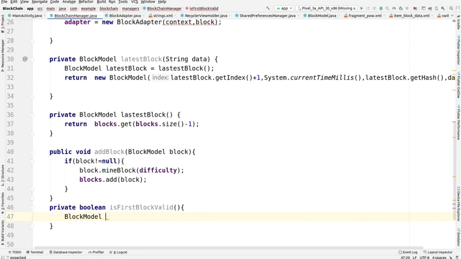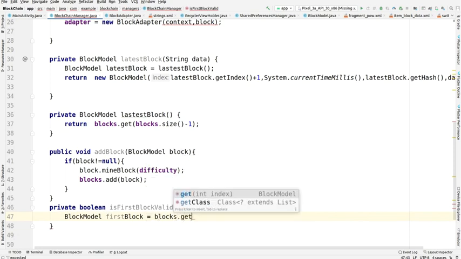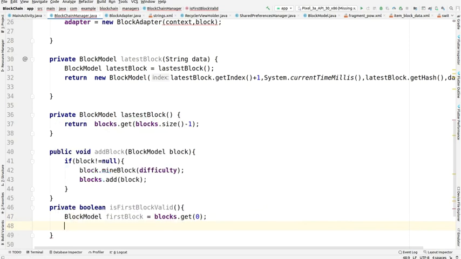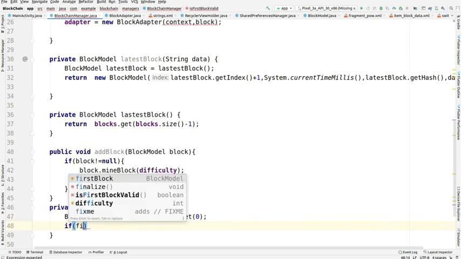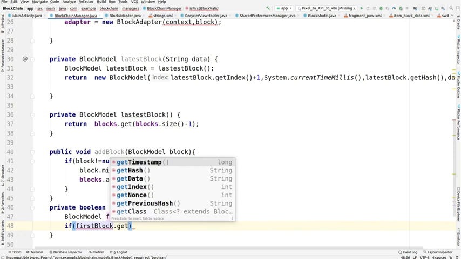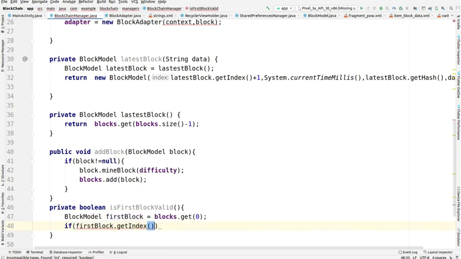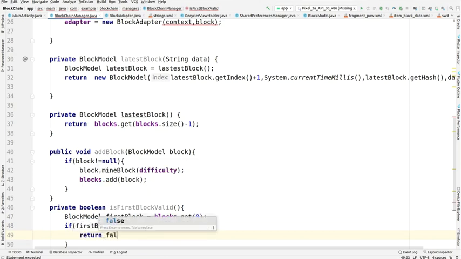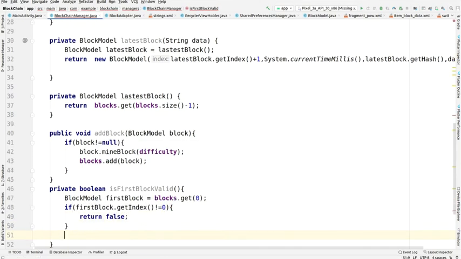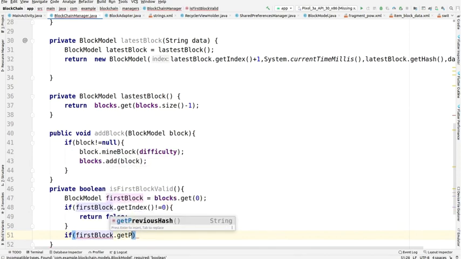Yes, and then block model first block block.get. As it is an array, the first block will obviously be present at the 0th position, and then checking it within the if statement and getting the index is not equals to 0, then it is all obvious, return false.